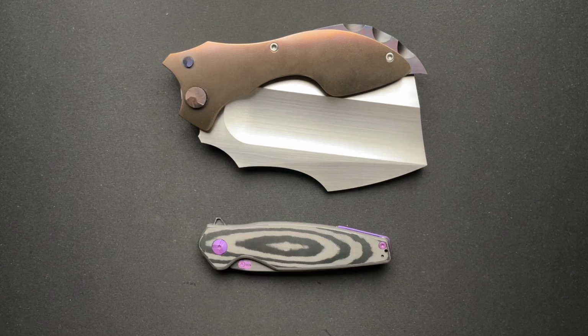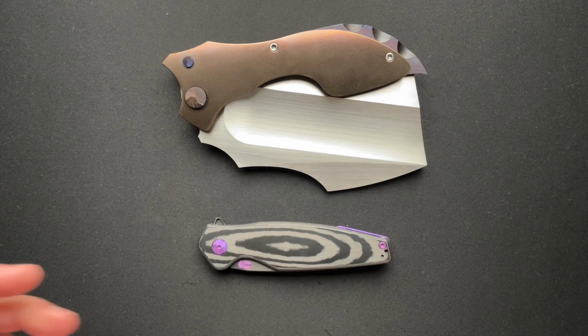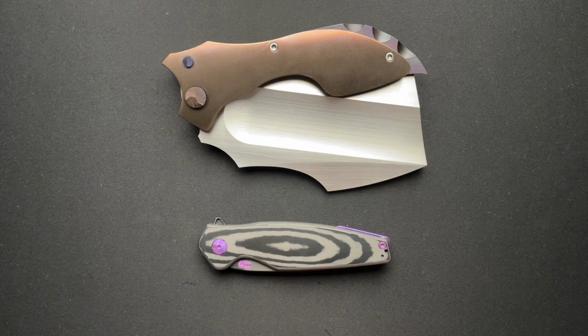What is going on? Today, I want to talk about the differences in custom knives and the two extremes that I have here on the table, two of my favorite knives in the collection, I think. And for different reasons and from different makers and all of that. So, I have a lot of favorite knives, but these two are very special to me, and we're going to talk about why and the sheer